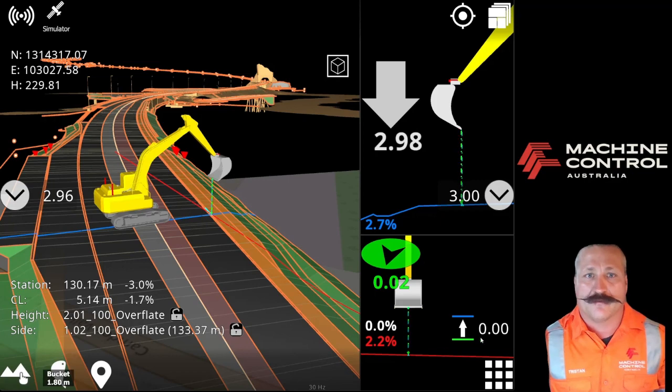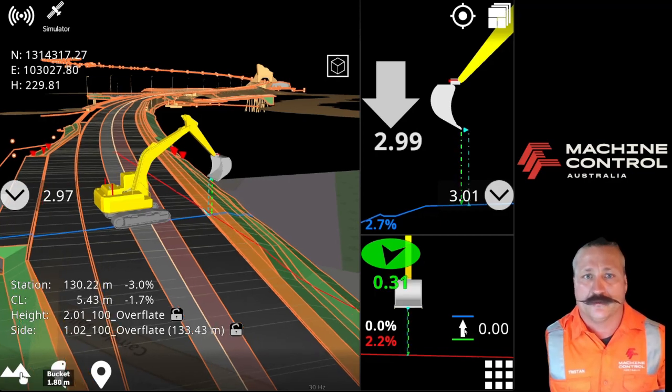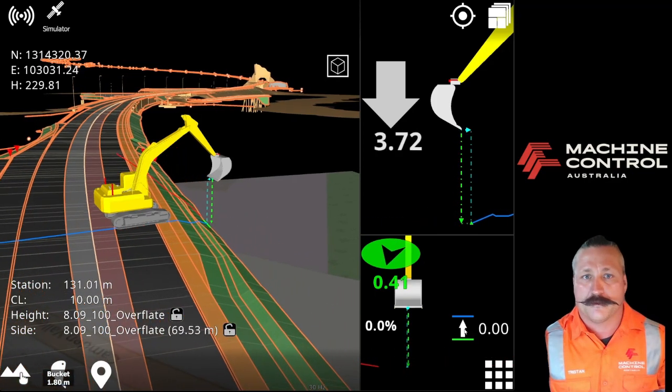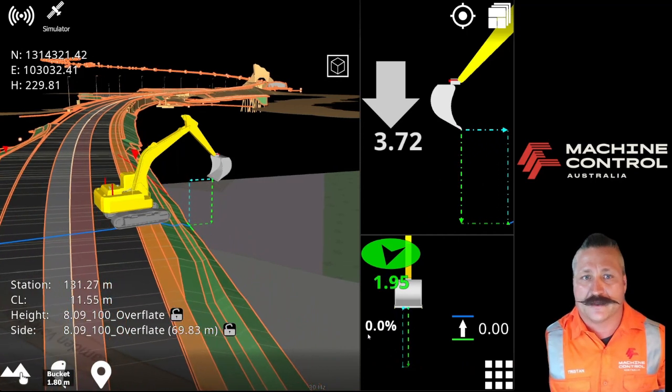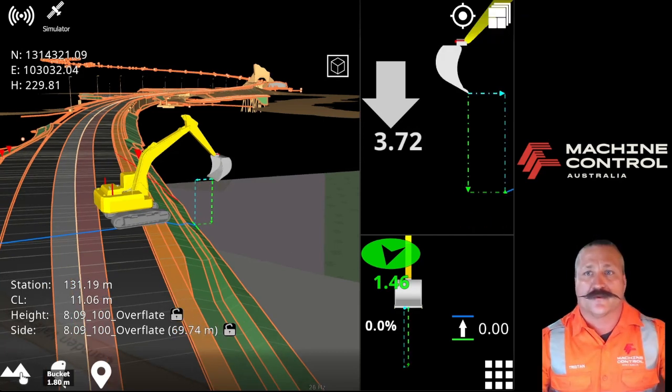Alright, so now we're going to drive over to the edge of the model. Okay, now we're over the edge. We can see that the vertical and horizontal references go back to the edge of the project. If you want to extend the surface to follow its grade, what we do is we come down here to